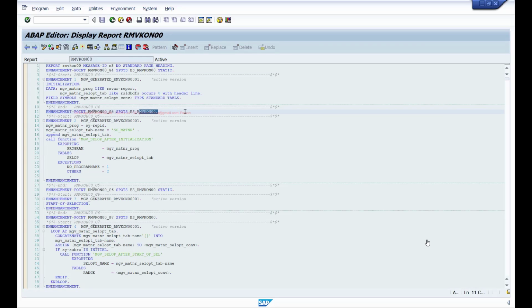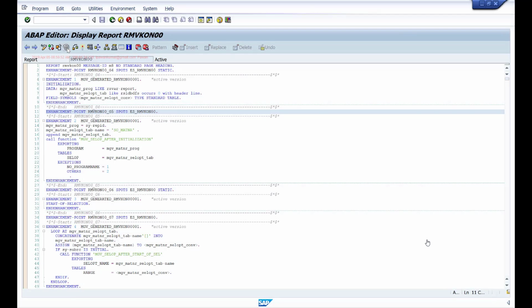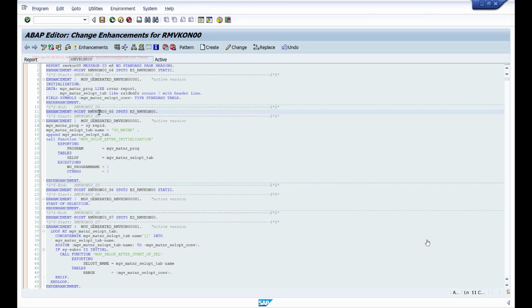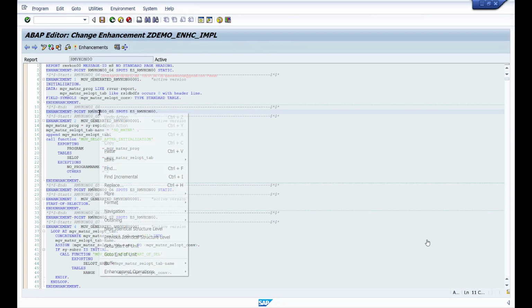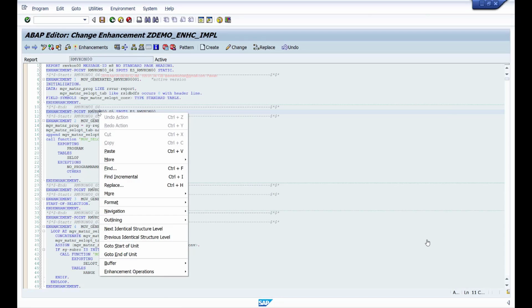Okay. So to find an enhancement point, all you have to do is open the standard program and see if they have given any enhancement points in the code. And if they have given any enhancement point, then to implement it, click on this enhance button and right click on this enhancement point.